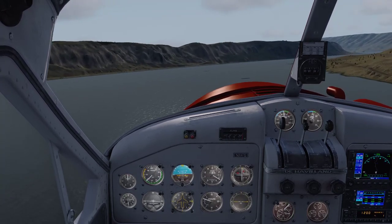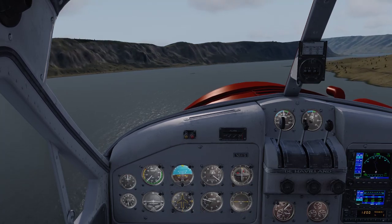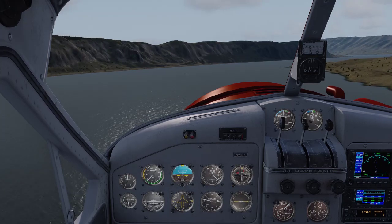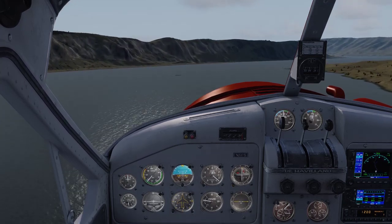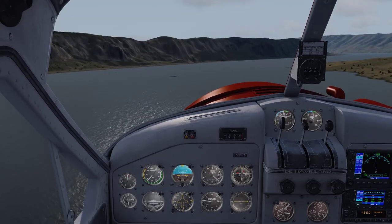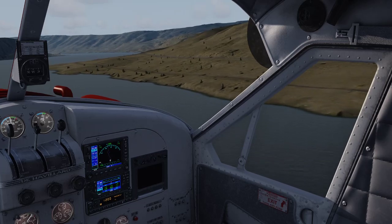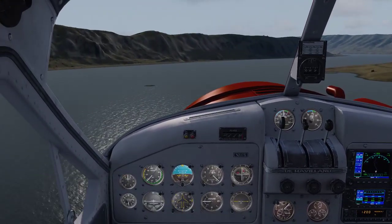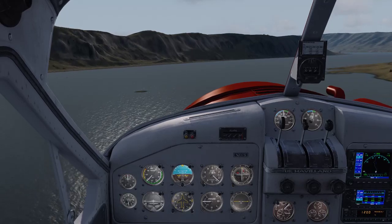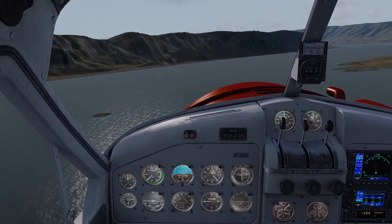I like the idea of the sloped runways, even though P3D is kind of catching up to that idea. But I think the thing that intrigues me about X-Plane is apparently they have a little bit of a scenery development tool. It works well for people like me that have never done the scenery development, 'cause this is the type of flying I really enjoy, and especially when you get